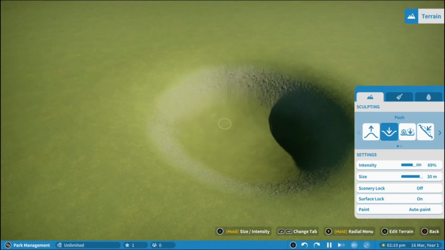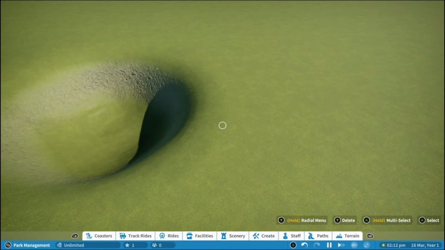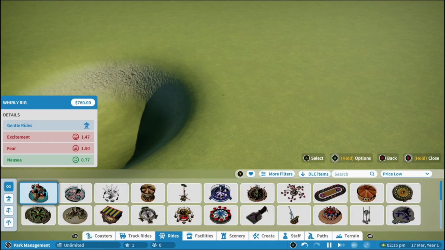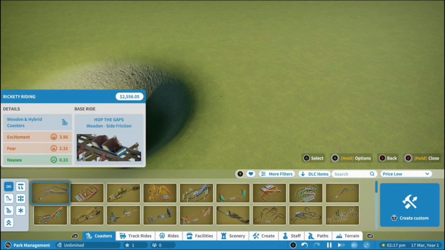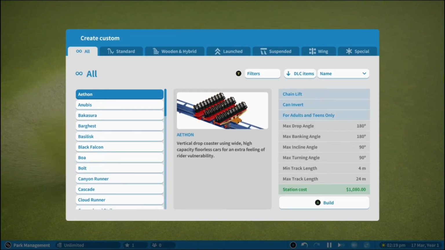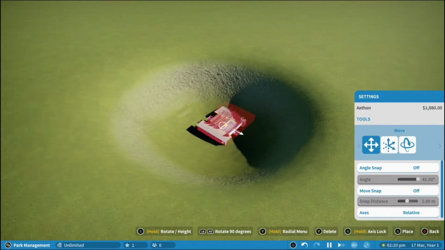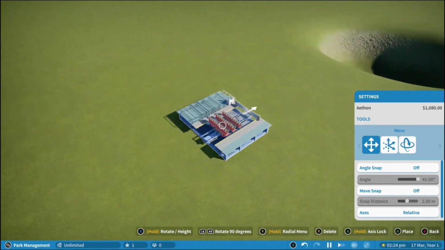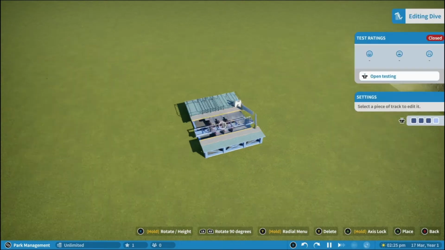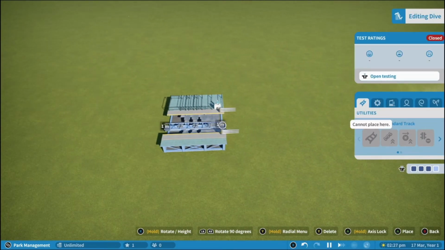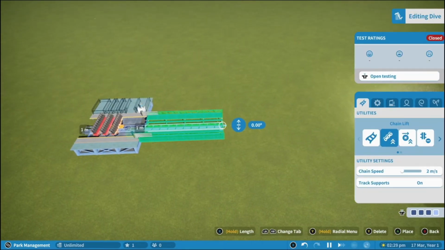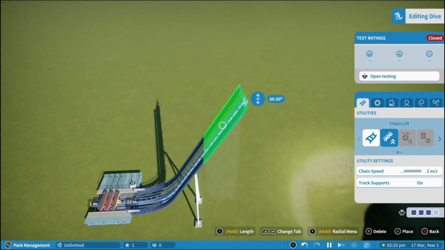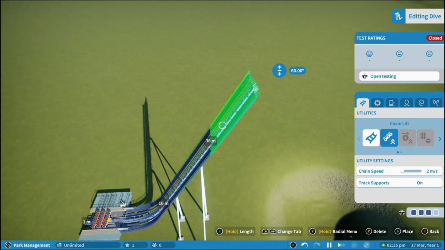But what we're going to do is create the hole and drop the roller coaster into it rather than trying to bury the roller coaster. So, jump in, we're going to grab a roller coaster like this one, and set up its station over here. Now we're going to give ourselves a bit of track. So we're going to create a chain lift,